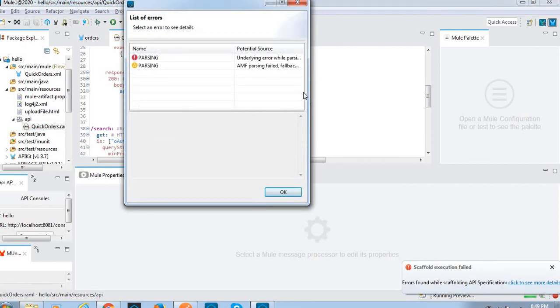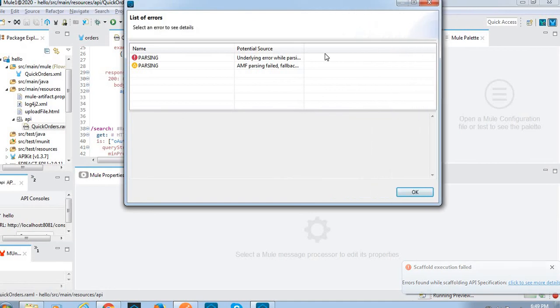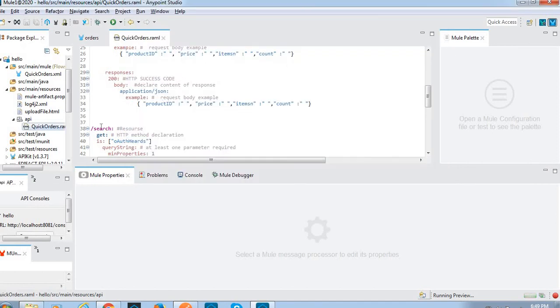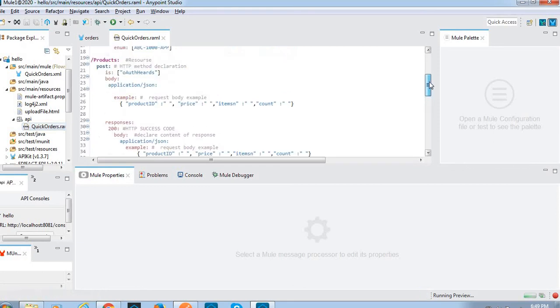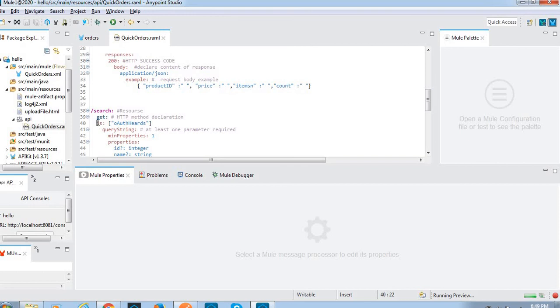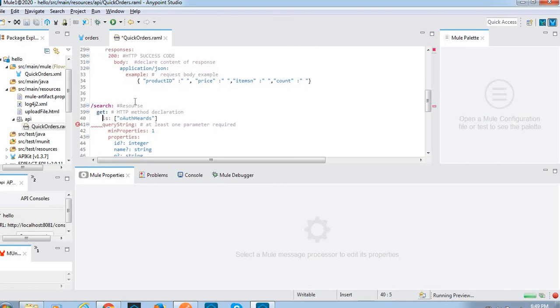Something, somewhere it has failed. Parsing exception. While parsing, at line 39 we got the issue. Line 39. Okay, I think we have to follow correct indent, otherwise we'll get the exception.